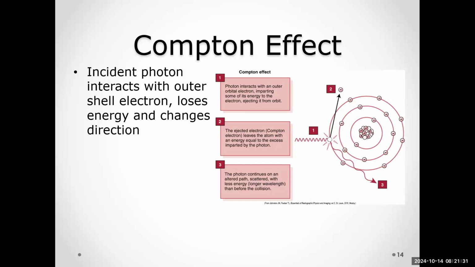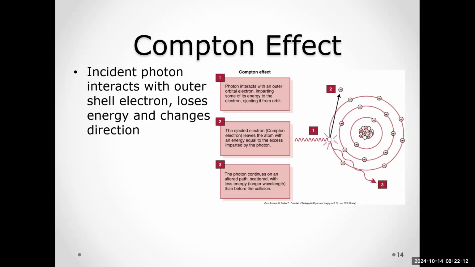Compton effect, or Compton scatter, that's the second thing that can happen when a photon is directed at a patient. The photon interacts with an outer orbital electron and gives some of its energy to the electron, ejecting it from the orbit. And then that ejected electron leaves the atom with an energy equal to the excess imparted by the photon. So it leaves with less energy and in a different direction. It says the photon continues on an altered path, meaning a different direction,